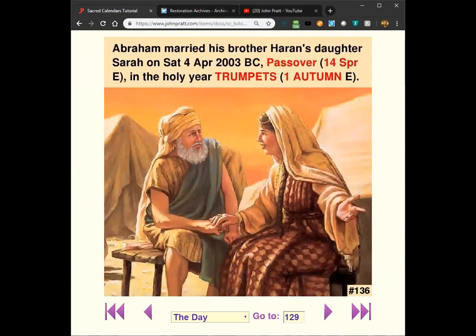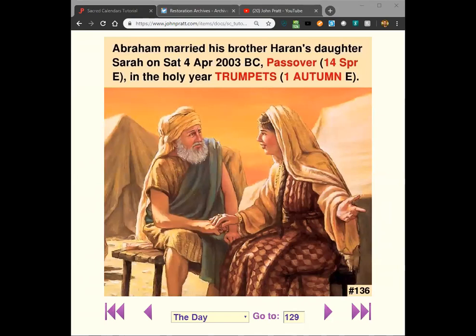Their marriage is on Saturday, the 4th of April, 2000 BC. And he's born 2003, and she's born in 2052. So they're like 49 years old when they get married. That date's not in the Bible, but is knowable. And so they're married on Passover on the Enoch calendar. And that's one thing the Enoch calendar is for. Birth dates are on Hebrew and sacred round. But almost all of the marriages of Abraham, Isaac, and Jacob are all going to be on Passover.